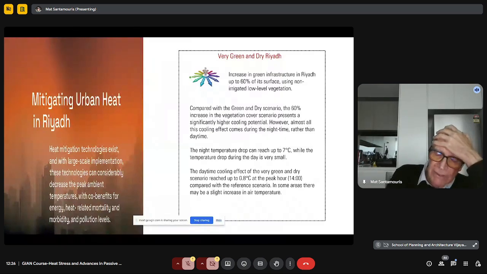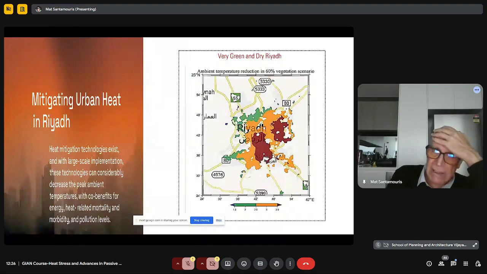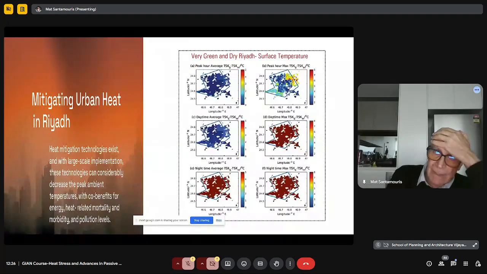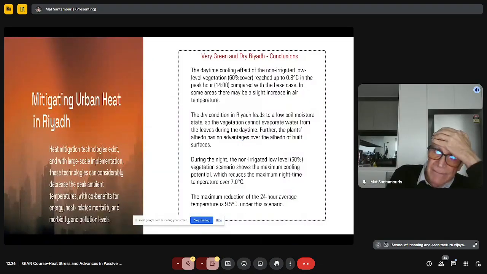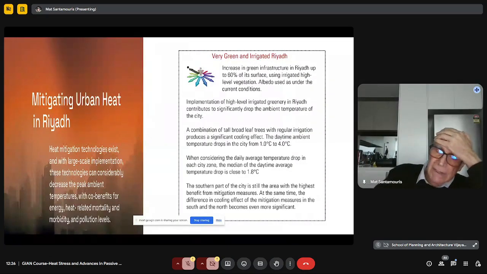Let's say the size of the park is not helping so much, because the coolness of the parks is not really transported more than 350 meters from the boundaries of the park. So increasing the size is not really helping so much, and especially when it is not irrigated. But once the greenery is increasing, and at the same time it is irrigated,